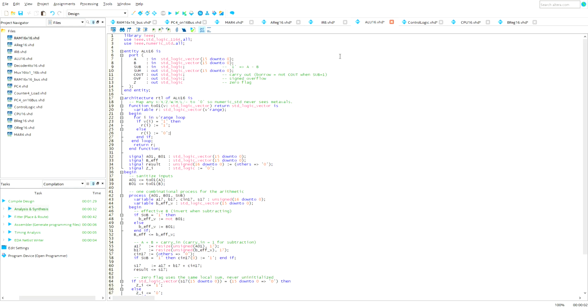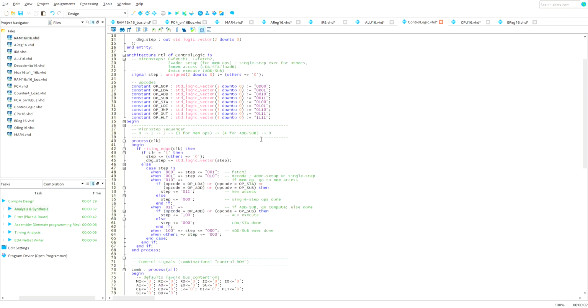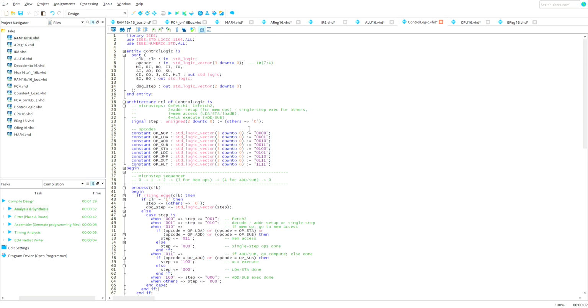And the next one is the arithmetic logic unit. It does 16-bit addition and subtraction. The next one is